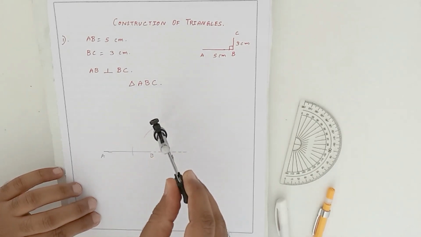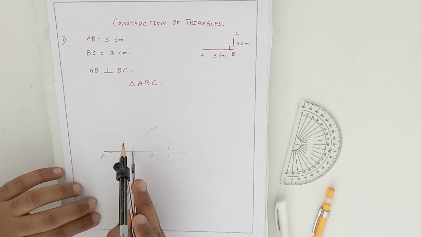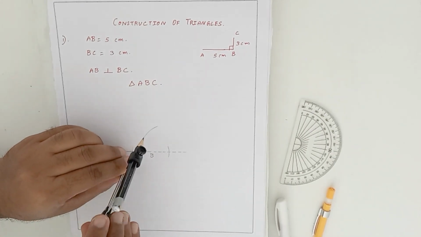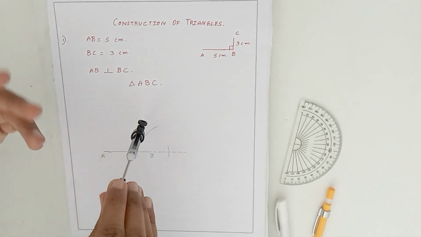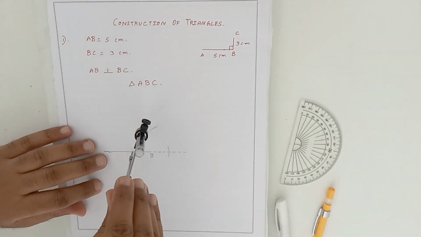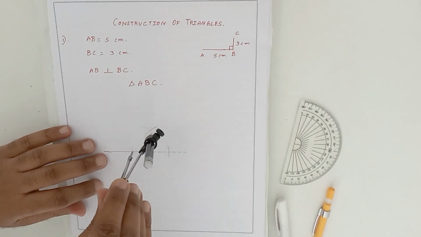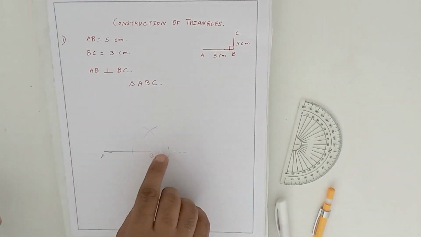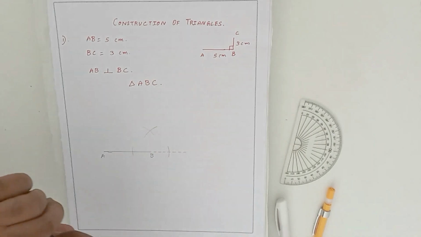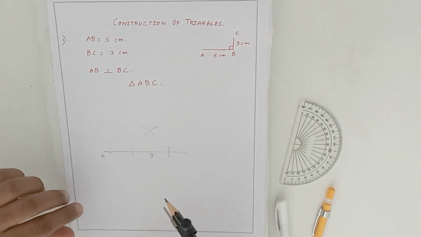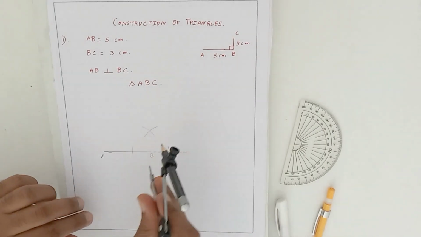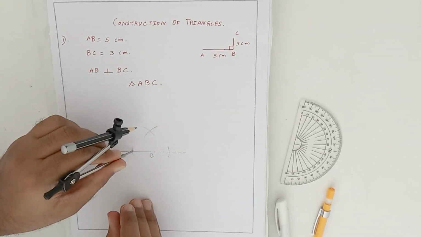Draw an arc like this. Then place the compass tip here at the other bracket. It's not a bracket. The actual name is arc. I'm just calling it bracket so that it's easy for you to understand. Then cut this arc. So first you place the compass tip here, draw an arc here, draw an arc here, then extend the compass a little bit more, and then place the compass tip here, draw an arc, then place the compass tip here and cut that arc.